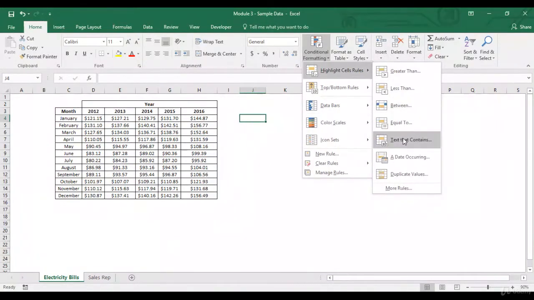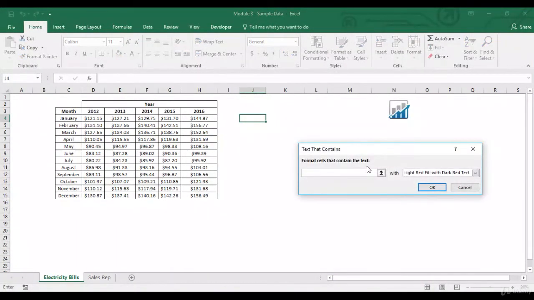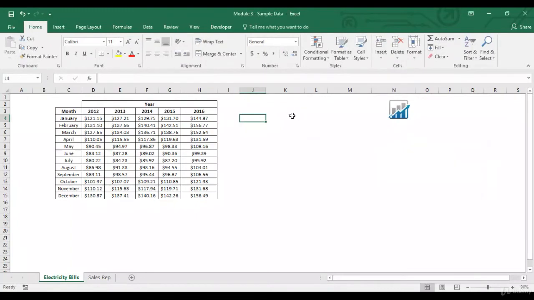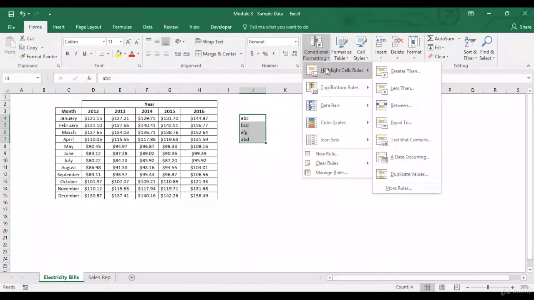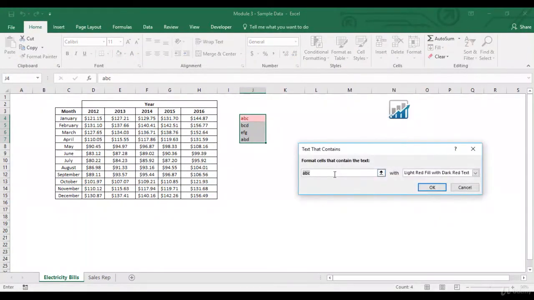So the next rule talks about text that contains. So let's say I've got some text over here. And let's say I want to highlight all those cells which have A and B in them. Basically AB in them. So text that contains AB.